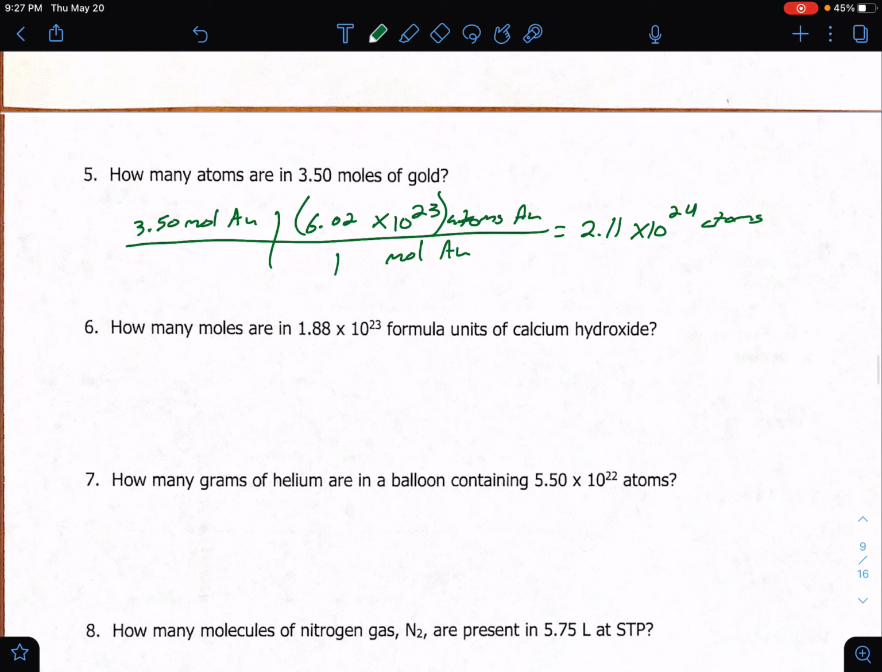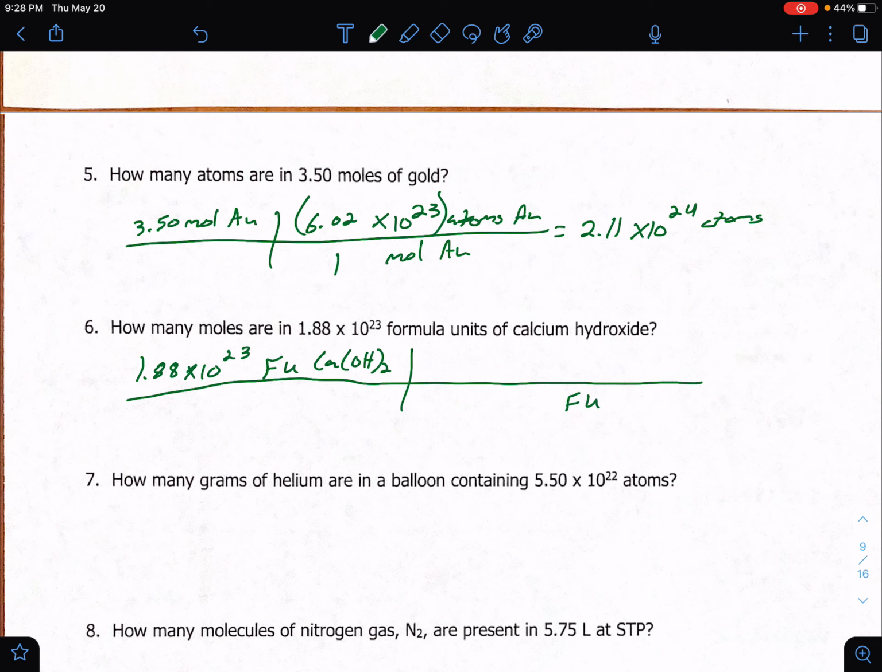6. How many moles are in 1.88 times 10 to the 23rd formula units of calcium hydroxide? So I'm going to start with 1.88 times 10 to the 23rd formula units of calcium hydroxide, Ca(OH)2. That means formula units has to go on bottom next. And I'm trying to get to moles, so I know that 1 mole equals 6.02 times 10 to the